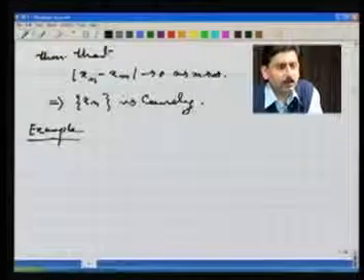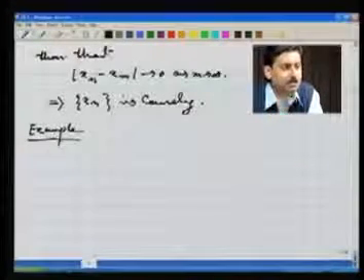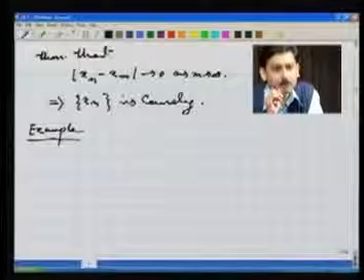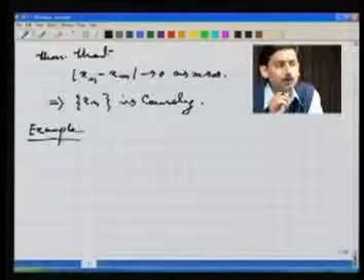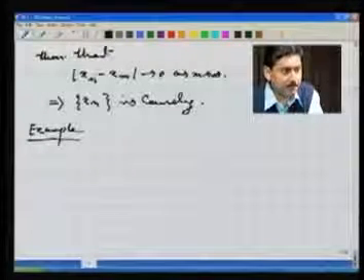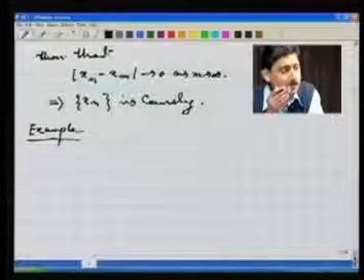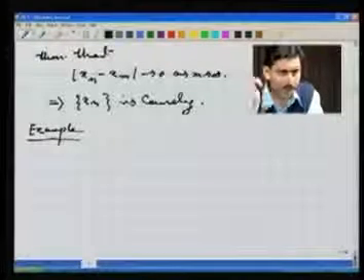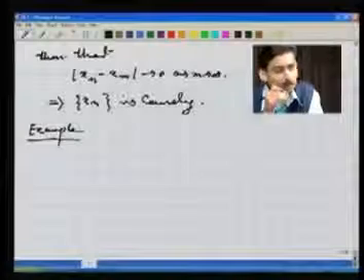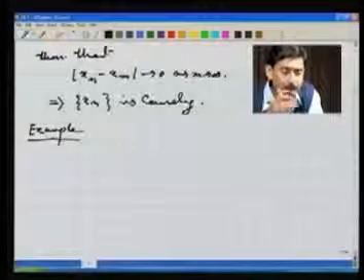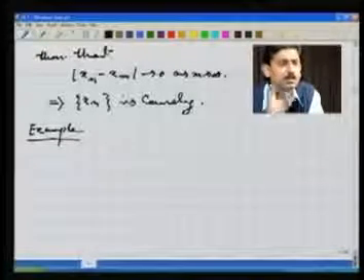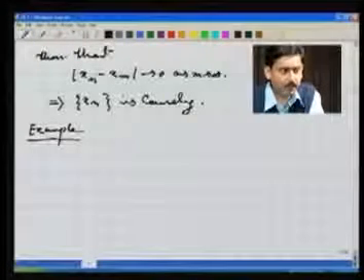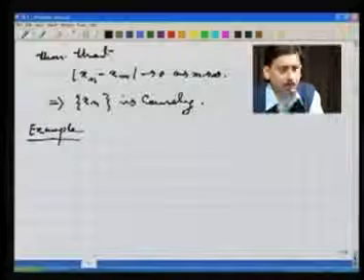In this example, I am going to give you an example of a sequence which, if you look at it, is rather difficult to calculate explicitly its limit, and first, to guarantee the existence, that the sequence itself has got a limit. So the idea we are going to use is, given that sequence, somehow I will try to prove first that the sequence is a Cauchy sequence, and then the existence of the limit is guaranteed. Then the next thing is the calculation of the limit.